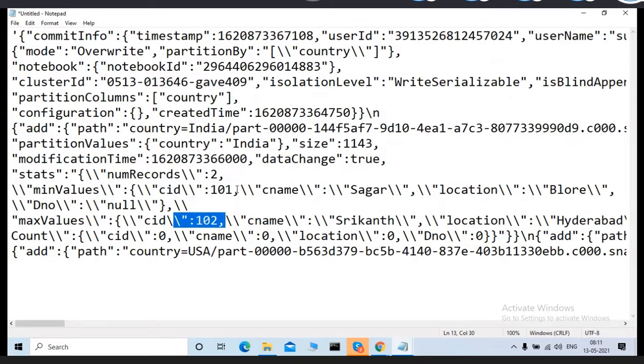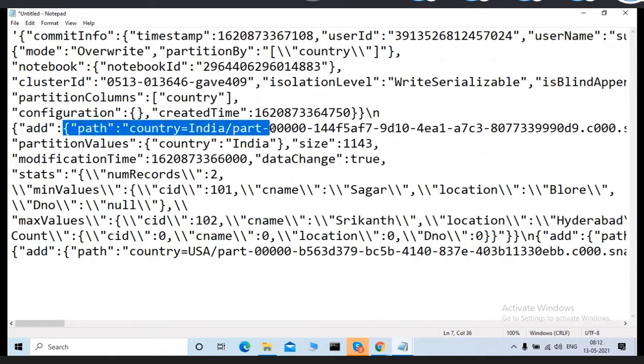If you're planning to run any where condition on your country, or apply some aggregations or where conditions, right, it will immediately come and check your JSON file. For example, you're planning to execute some filter condition, maybe where 105 record, it will check that minimum value and maximum value. For example, this maximum value is 110, right, it will go and check, okay, this country equal to India, right, okay, this information is available in which file, minimum value is 101, maximum value is 110, right, 101 to 110, right, yes, it will go and check the data from this part file,